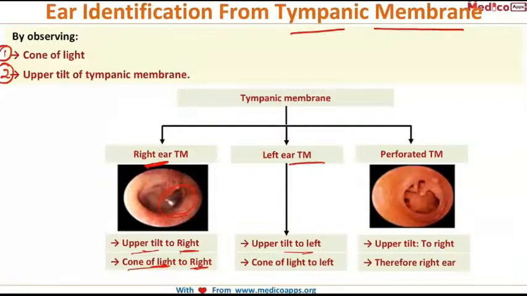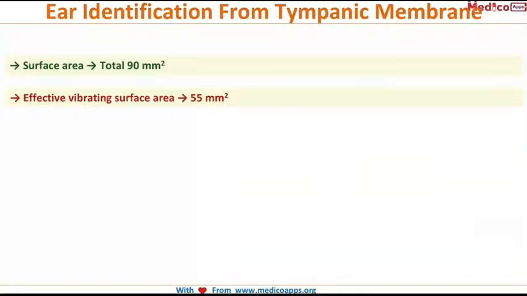Okay, and suppose there is no tympanic membrane, there is a perforated membrane, we will have to observe only the upper tilt, and if it is a right ear, it will be tilted towards the right side. Okay, so a few more points about tympanic membrane. The total surface area of tympanic membrane is 90 mm square. However, the effective vibrating surface area is only 55 mm square. So the surface area in toto is 90, effective vibrating